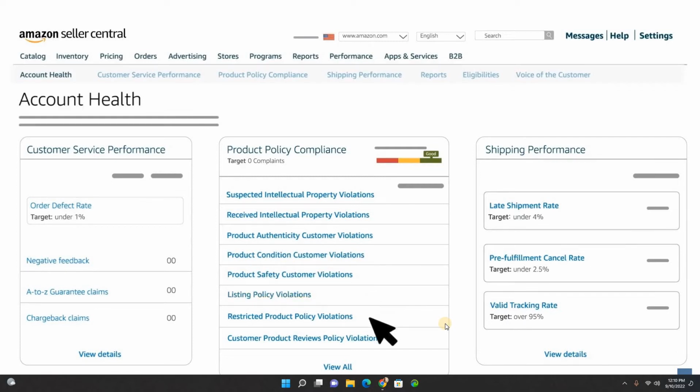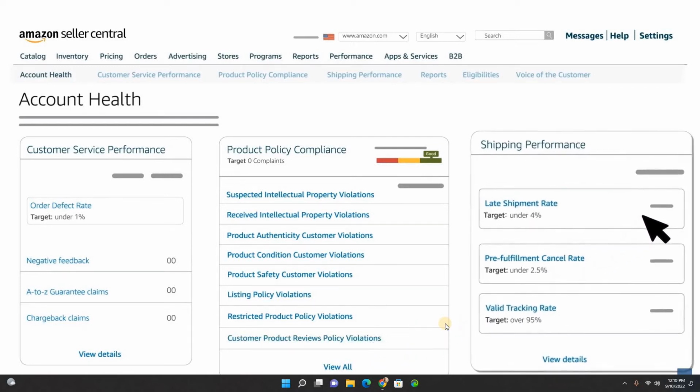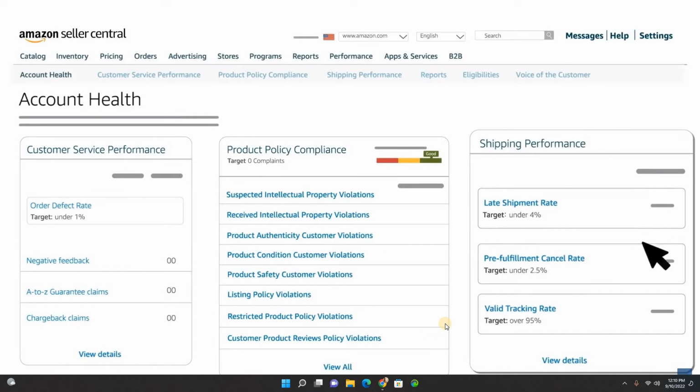also known as the cost per click or CPC bid. The bid is the amount you're ready to invest per click. To help you decide on your CPC bid, you can use the suggested bid range. The bids in this range are calculated from a group of winning bids for valid ads similar to yours. Other violations include product reviews customer violations, policy violations, and shipping performance. This measures your late shipment rate, and the target is under 4%. Cancel rate: